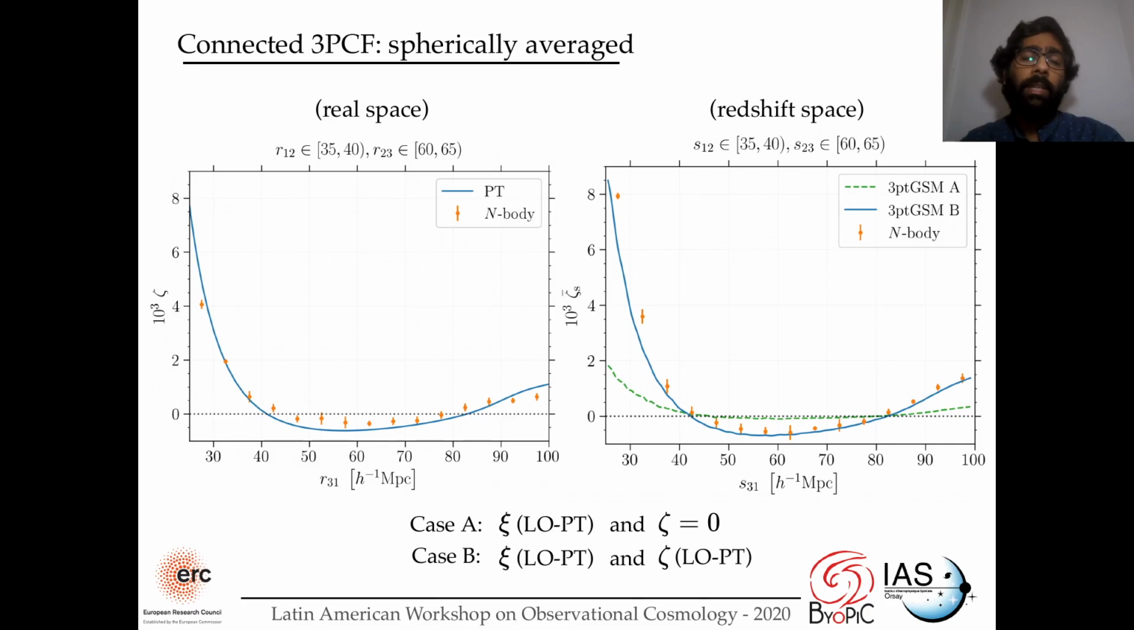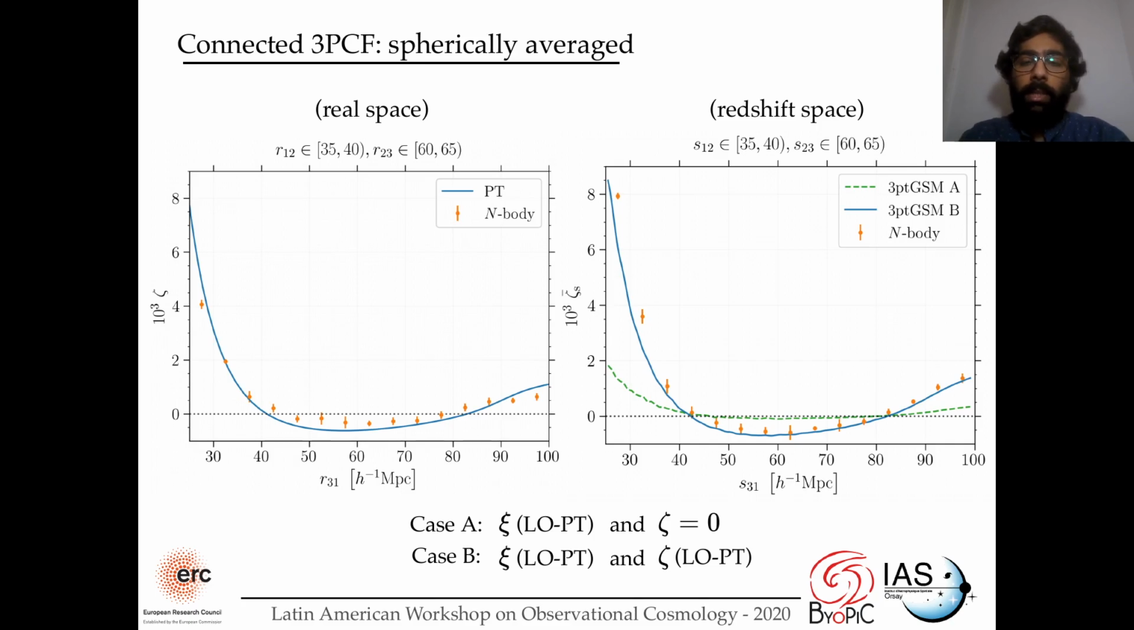So on the left hand side we show the leading order perturbation theory prediction against the measurements for real space, where the two legs of the triangle were fixed as given on the top of the plot, and we're varying the third leg as R31 on the x-axis. And what we see is that already in real space there seems to be a bit of disagreement with the measurement itself. However, now we input that ingredient, the perturbation theory ingredient for the 3-point streaming model, and